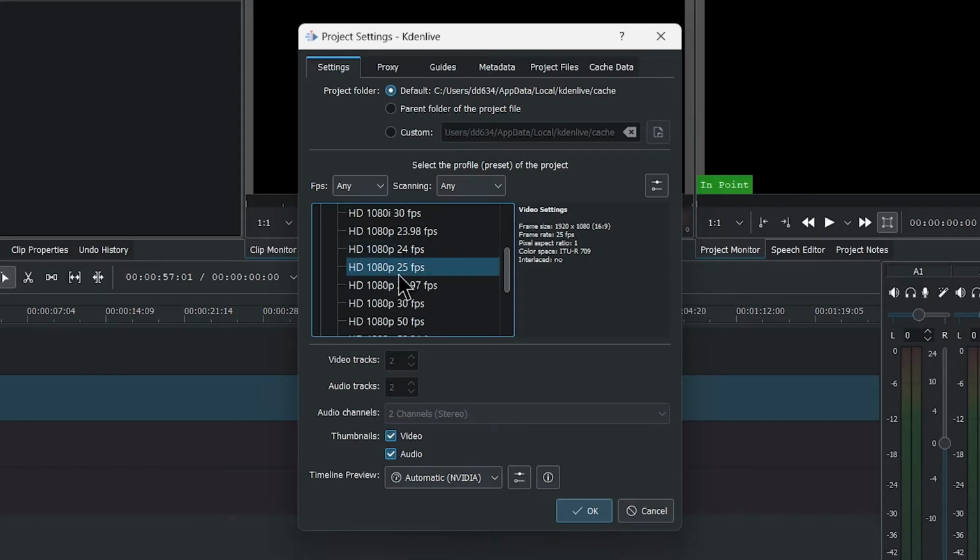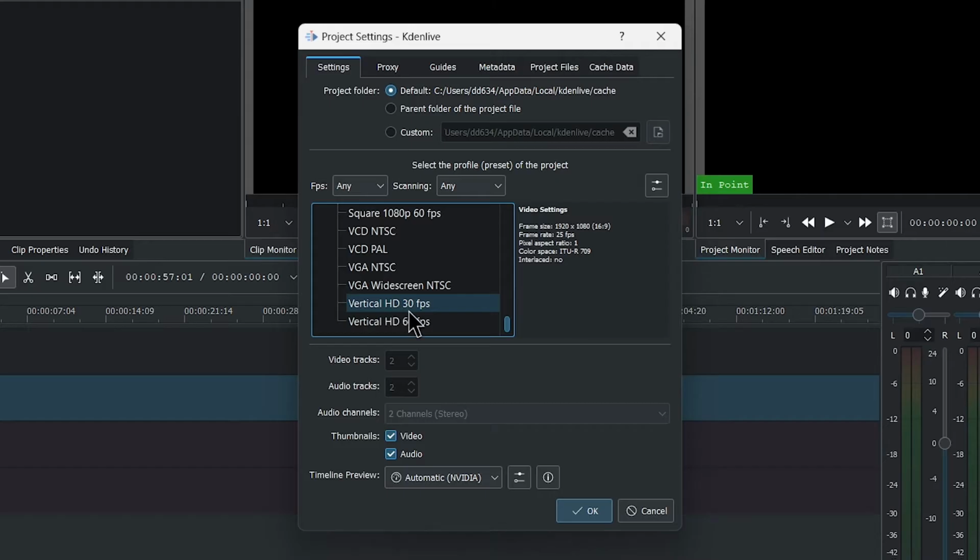If you want to create a 1080 pixel video, you can use this one for YouTube and films. And if you are editing 4K video, you can choose any of the 4K ones. If you are editing a reel, you will go to custom